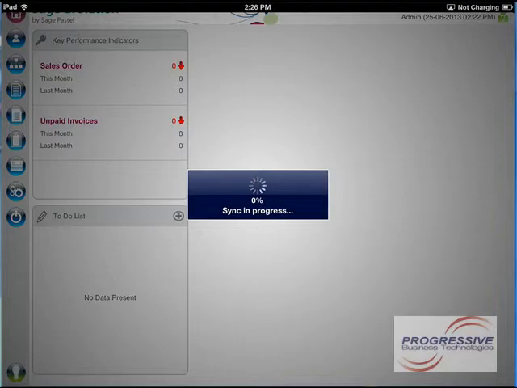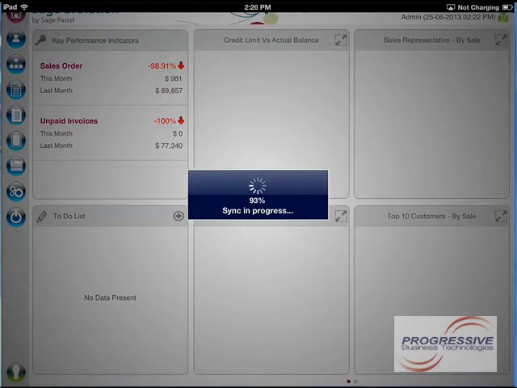Now what that does is it pulls down data off of the server, so if there's been any pricing updates or anything like that, it will bring all that information through. And on the flip side of that, if you've placed any orders while in offline mode, it'll upload those orders into Evolution. So once this is loaded, as you can see here, it gives you a range of